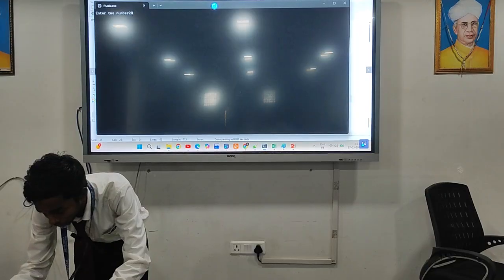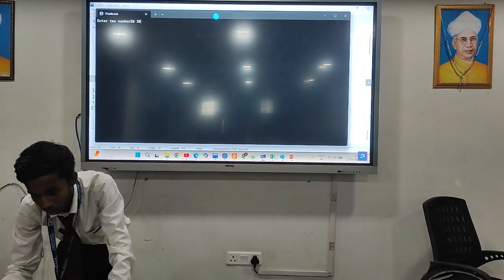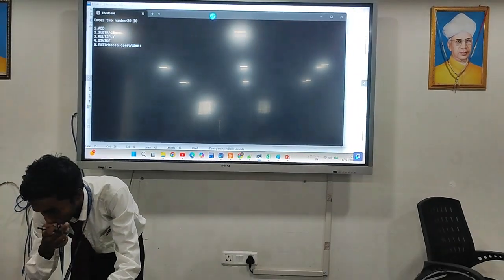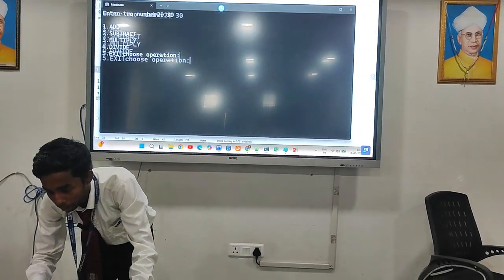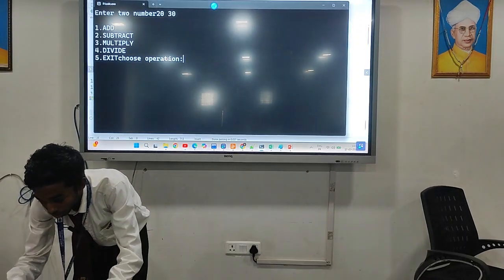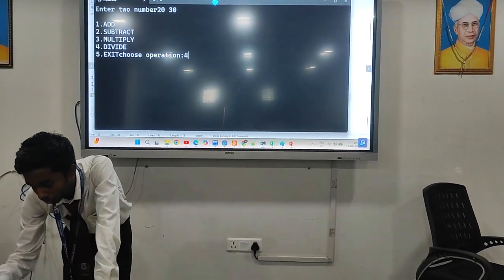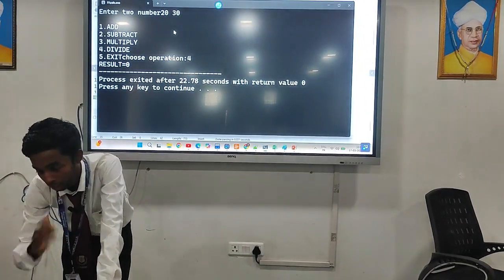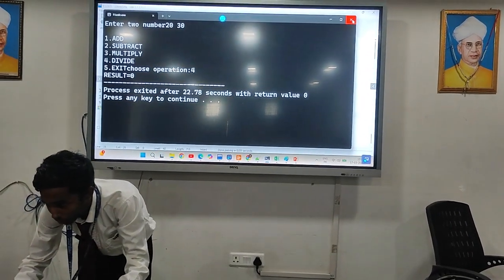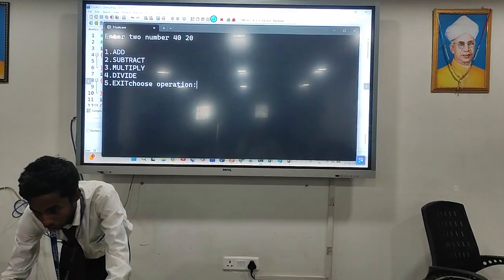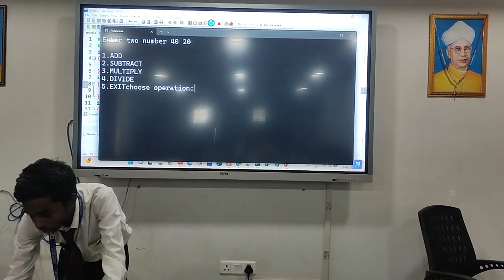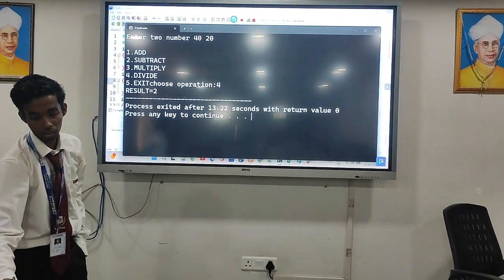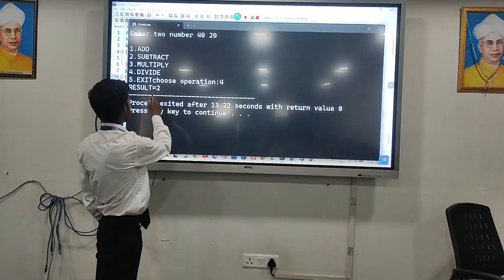I input 20 and 30. Now you have to choose any operation. Increase the font size. Let me choose operation 4. Sorry, the number is wrong, let me try again. Now if I choose 4, then it will perform option 4, divide. Now it will print the result equal to 2.